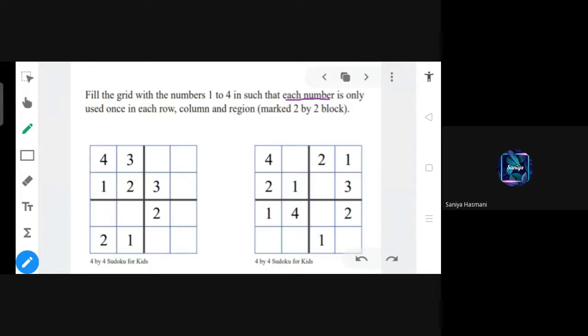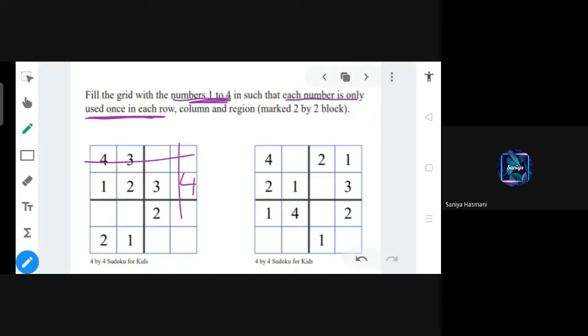But each number is only used once in each row. Any one number from 1 to 4 you will write, but it should be used only one time in each row. Means this way, this way, this way, this way, that number should not be repeated. Like here you can see 1, 2, 3, which is missing? 4, right? So now in these three boxes, you can't write 4. You just have to adjust 1, 2, 3. Understood or not? How to solve this puzzle? You have to arrange 1 to 4, such that in one line a number comes only once, not repeated.